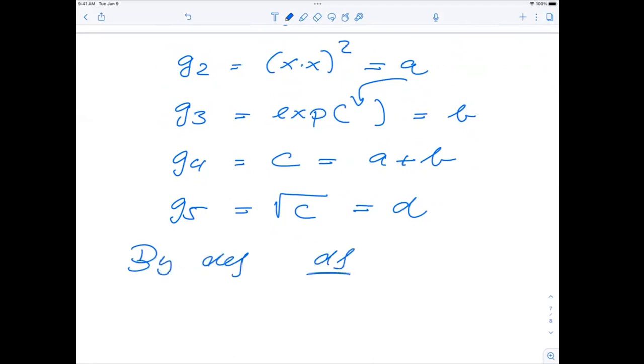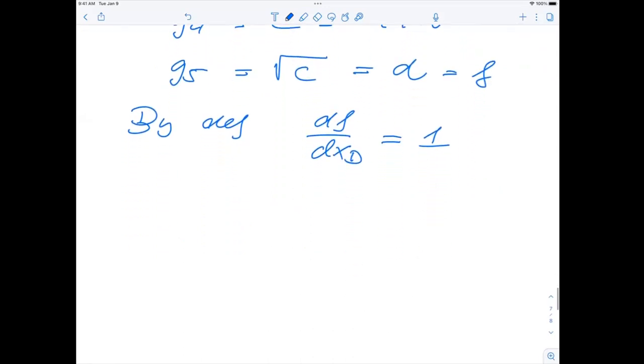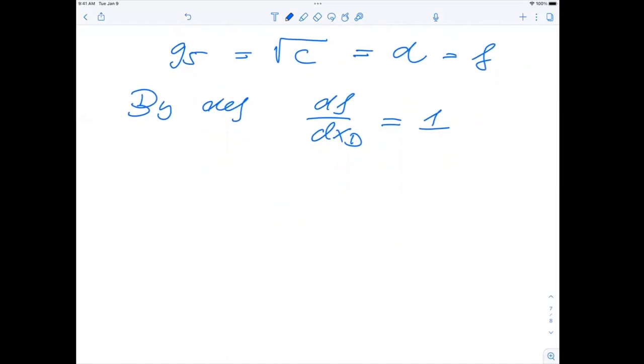what we had is that df over dx of D is the same as 1, as we agreed upon, because for that specific simple example, this is the same as our output, which is equal to the function here. So when we rewrite these equations here, the reverse mode, or what we would call the back propagation, is simply given by the following expressions. So the reverse mode. What you saw previously was the forward mode, and now the reverse mode, or back prop,